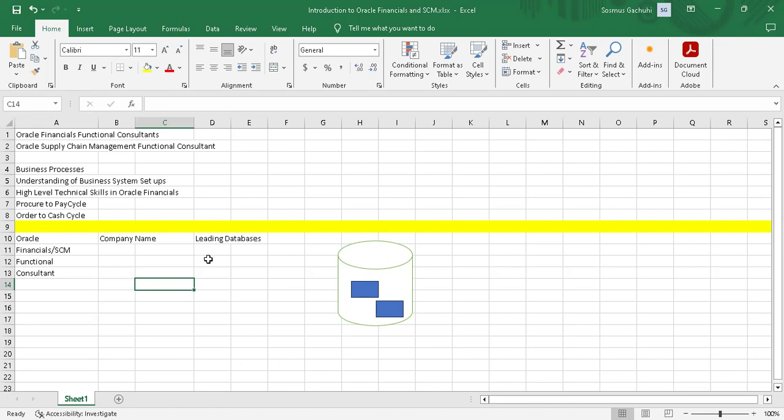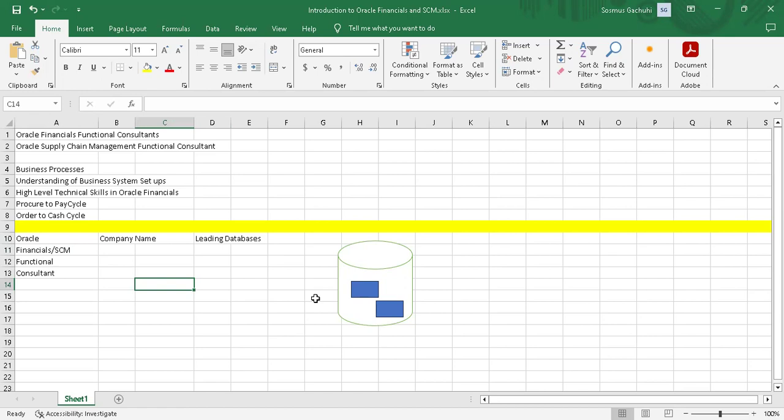It has other applications, all of which store data in the Oracle databases. So it's a wide field that one may take so long to understand everything in a small duration of time. But having started somewhere, for instance, the way you have chosen to start in financials or in supply chain,